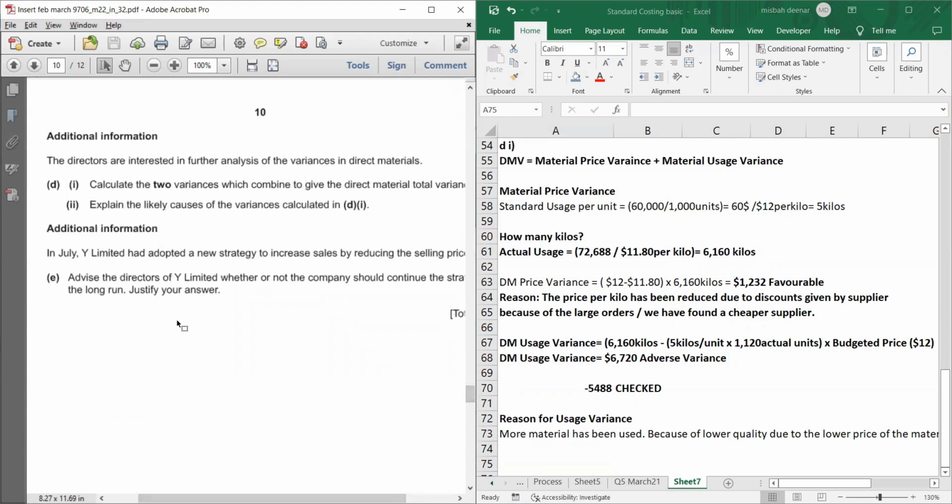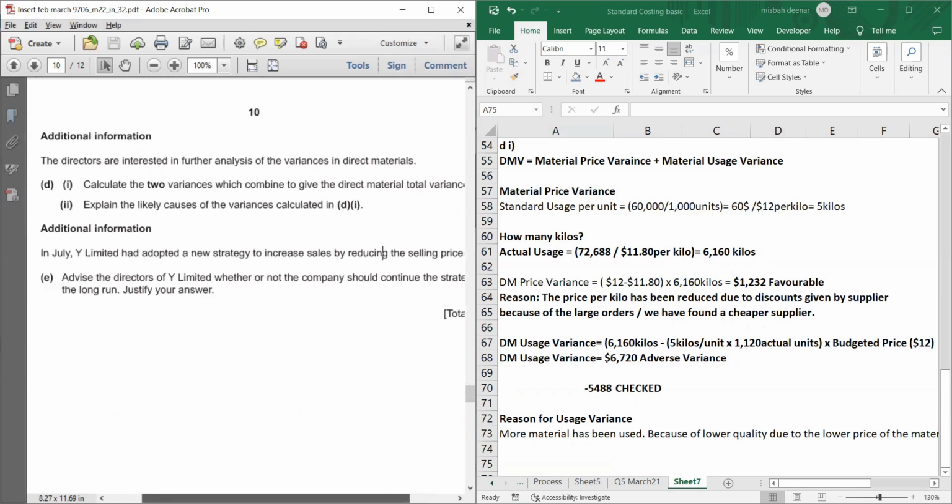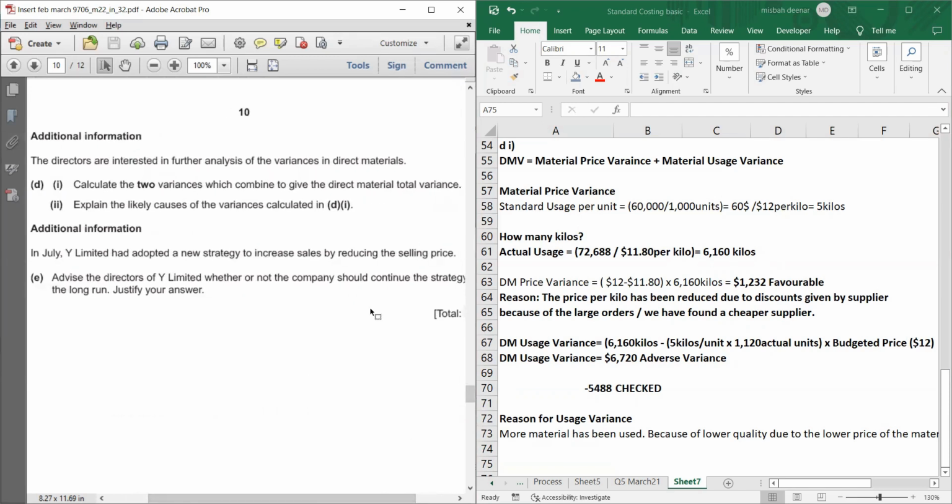Then final additional information. In July, the company had adopted a new strategy to increase sales by reducing the selling price. Advise the director of whether or not the company should continue the strategy in the long run. So